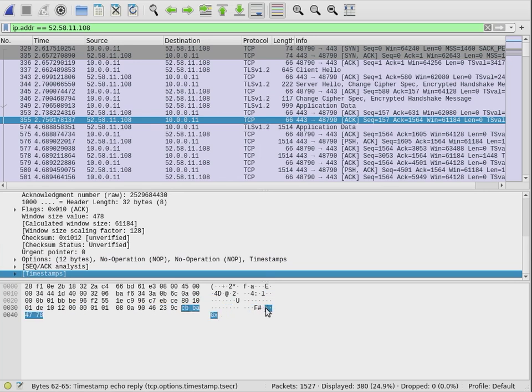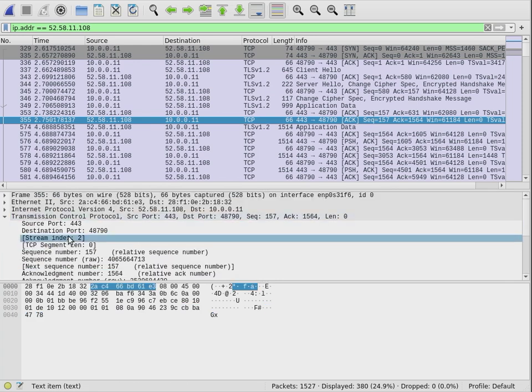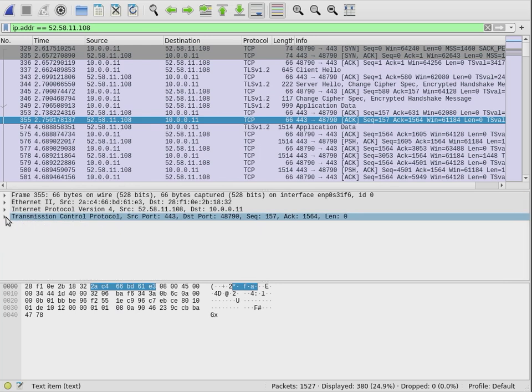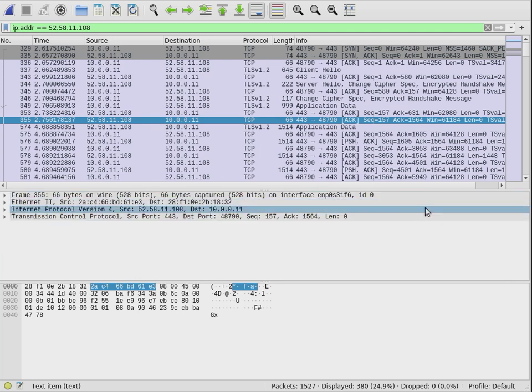Somewhere here at the end we see actual data sent from one party to another. You still have many bytes of information as meta information to send for this particular packet, and it is quite a lot of bytes.